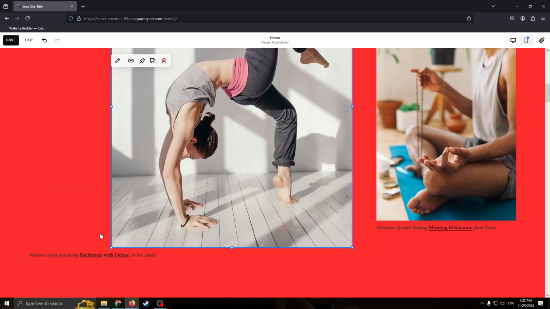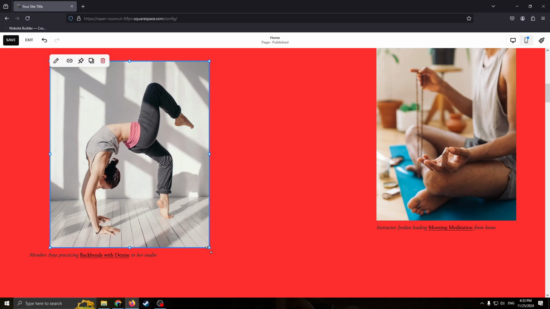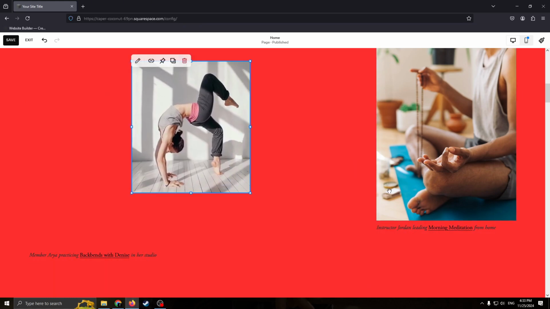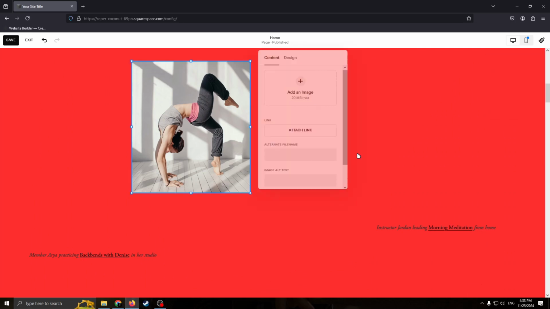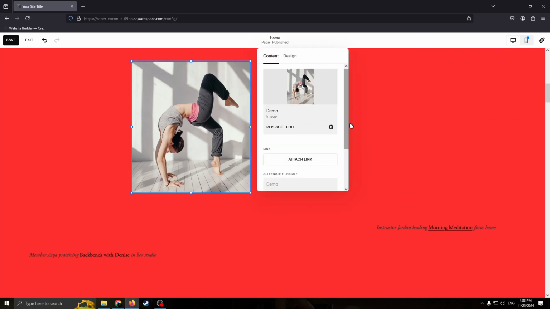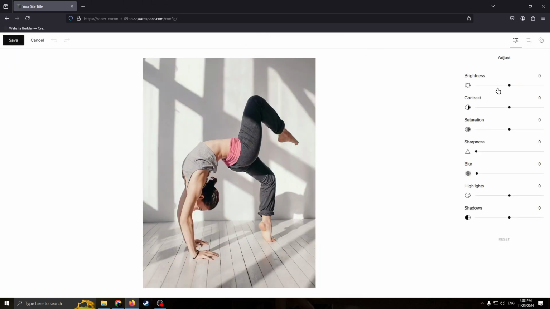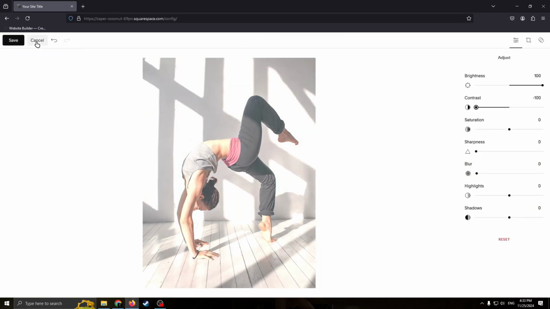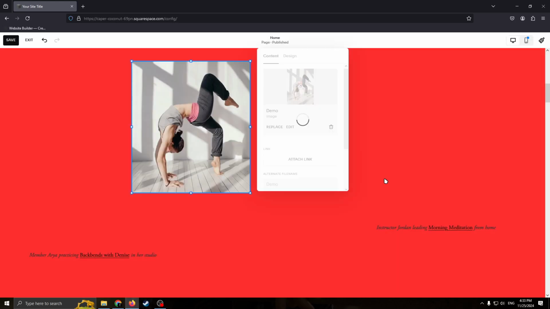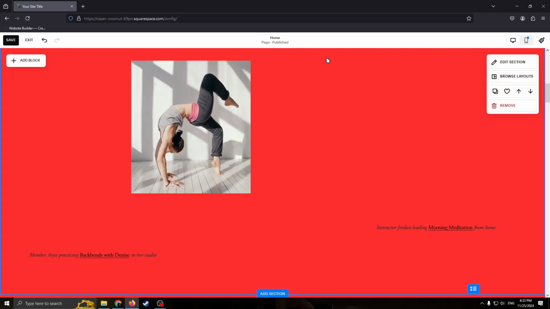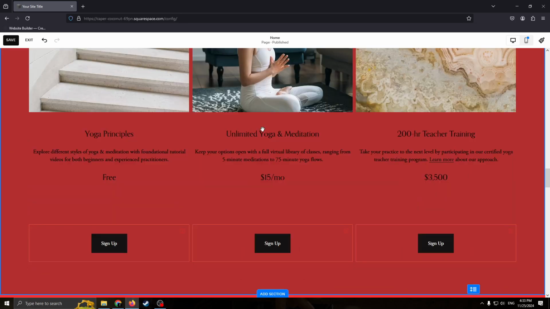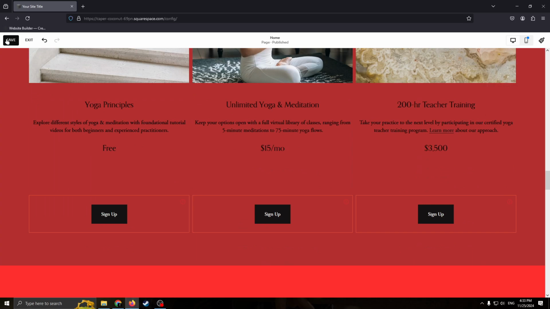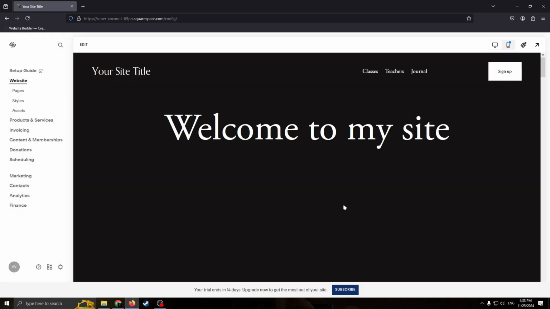So basically, I think you understood how to edit this one. You can move it, you can change the size, you can delete it, or you can replace this image, for example. You can even edit this image. So very easy. The entire interface of the site is very clear to any user, as you can see. And when you're done editing your website, you need to save it first of all, then click exit, and basically